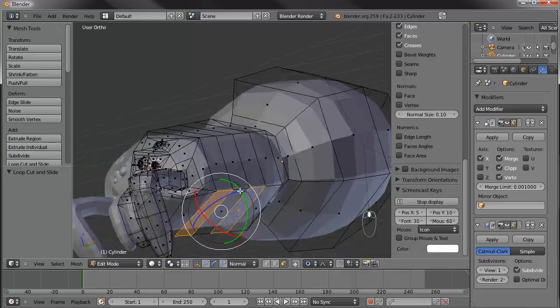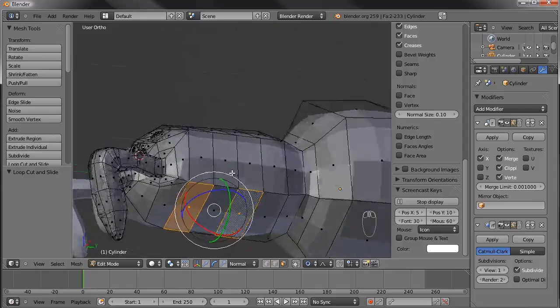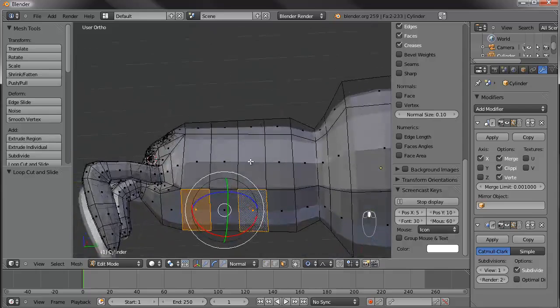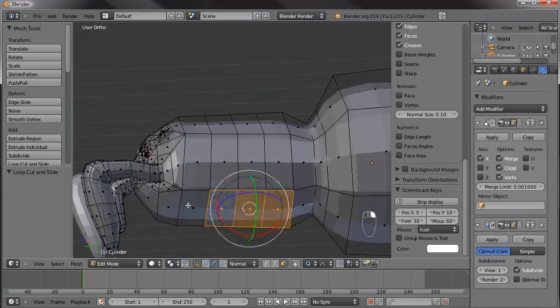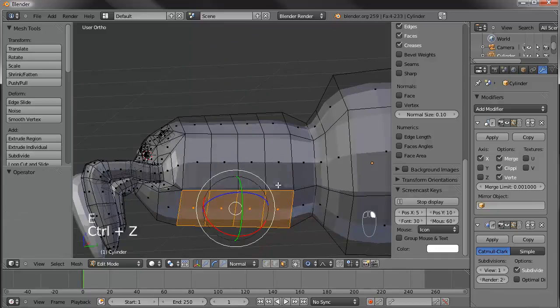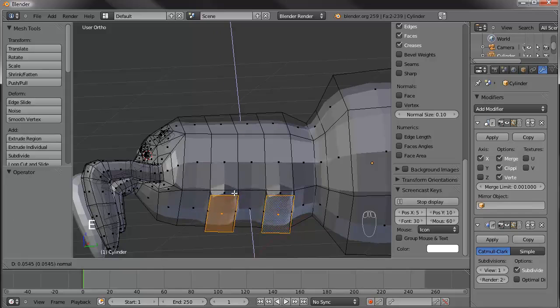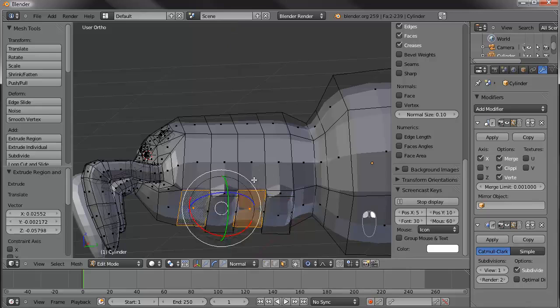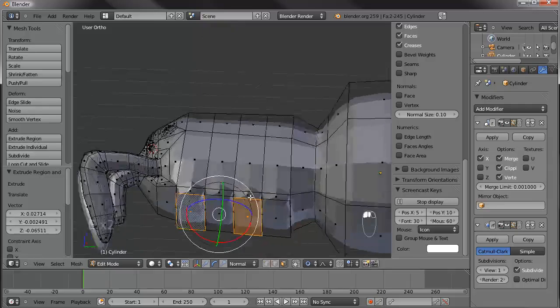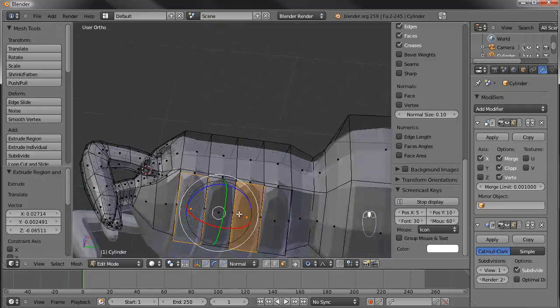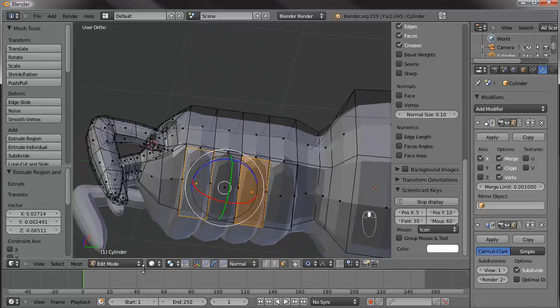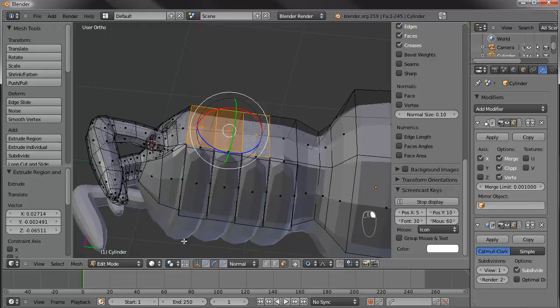Extrude them so we can build the legs from them, but I also want to do them individually. So if I grabbed all 4 of these and extruded, it would extrude as one piece. But I don't want to do that. I want to extrude 4 separate pieces. So I'll just grab these 2, extrude those out, then grab these 2, extrude those out, so it does a nice extrusion of each one. I guess we could also grab all those and say